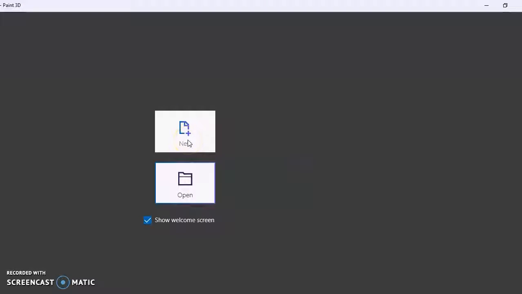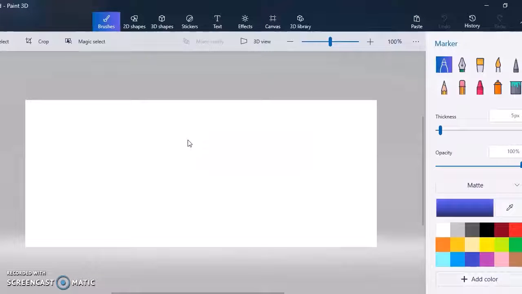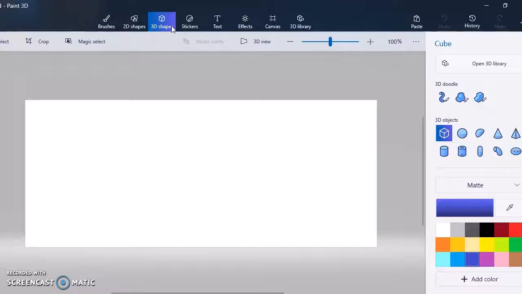Now you're going to choose the new option once it loads. Now after you have chosen the new option, you go to 3D Shapes. Now you can choose an object. I'm going to choose the sphere and click and drag it onto